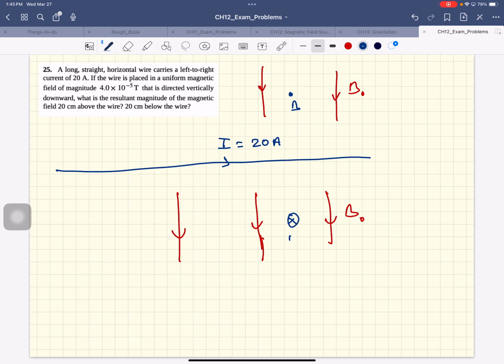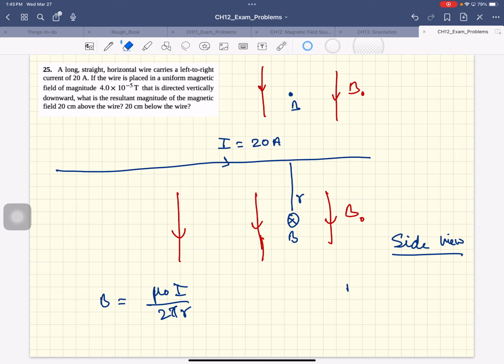And this field, what is that field going to be? At a distance r, B will be mu naught I over 2 pi r. So what we'll do is we'll just do it at the bottom. At the top, it'll be similar, except in the opposite direction. Now let's look at the side view. So the field due to the Earth, B naught, is in this direction,